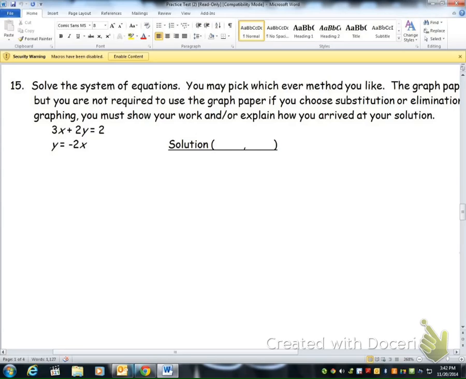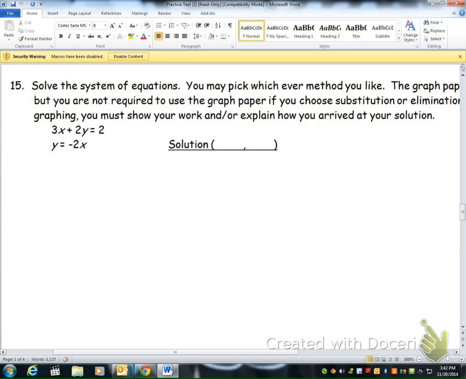Now for number 15, we're given our choice. We can use any method that we would like, from substitution, elimination, or graphing, to solve this one. So it's completely up to you which one you would like to use. Personally, since I already have a y equals here, I would want to go with